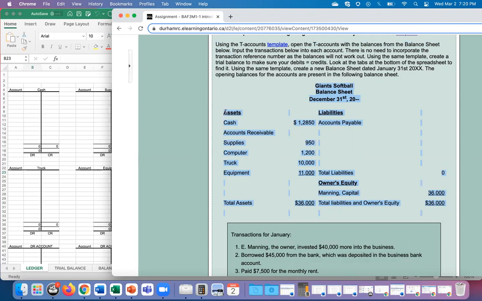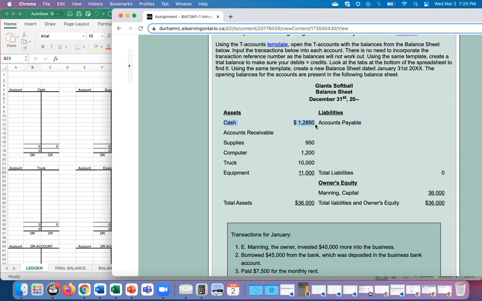You'll notice you have the assets here on the left, and the liabilities on the right, as well as the owner's equity section, which has the capital, and then the total liabilities and owner's equity. Hopefully at this point you've put together two balance sheets, so you're familiar with what's on them and how they're organized. The reason we need this is that it tells us our beginning balances in each of our T accounts. So as we go through, you're going to see these amounts and the accounts they're associated with. We've got a cash account with